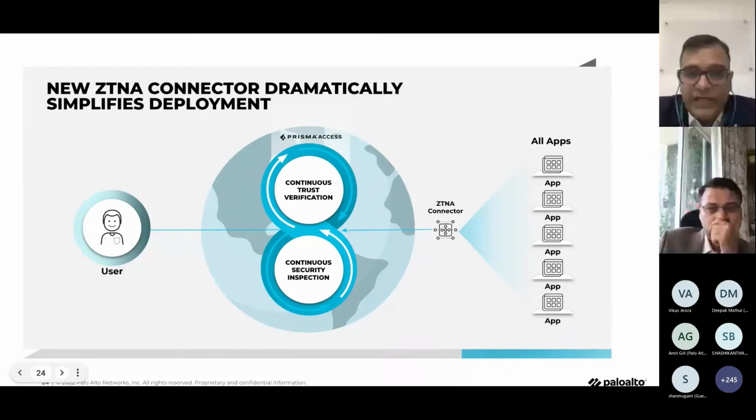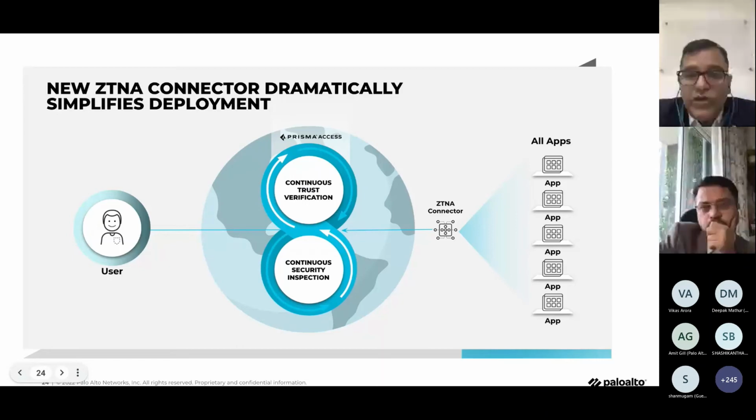That is one of the methods of exposing data center applications to the Prisma Access Service. We are also now going to bring in a ZTNA connector, which will continue to deliver on all the ZTNA 2.0 parameters, which includes continuous trust verification, continuous security inspection, supporting all data center applications, and at the same time it will be able to do application discovery of all the applications that you have on the right hand side,